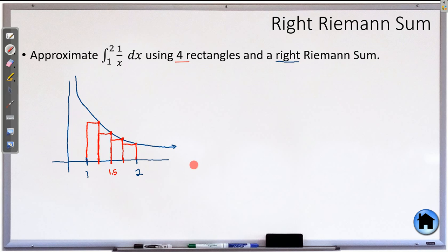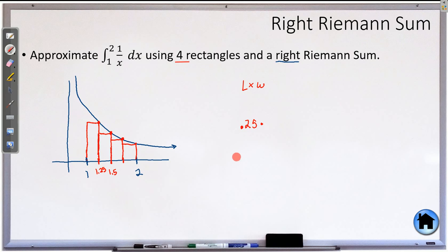And we have 4 rectangles, and we're going to add the area of each of those rectangles. Now, rectangle is length times width. This time, the width is 0.25. So the first one will be 0.25 times the height. Well, the height is dictated by the y value, where x is 1.25. So I need to know what the y value is when x is 1.25. This is going to be a decimal,